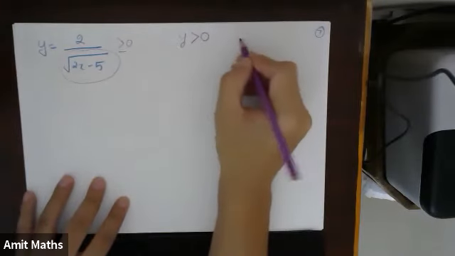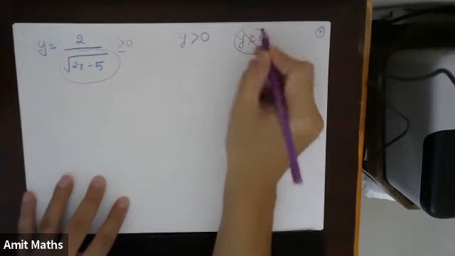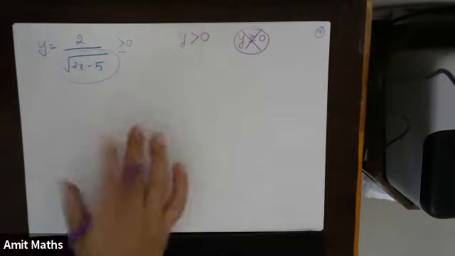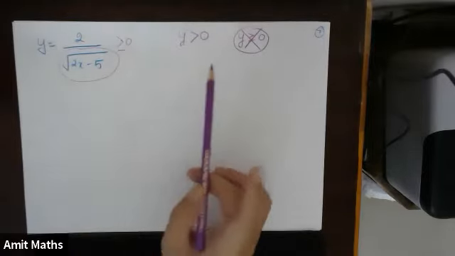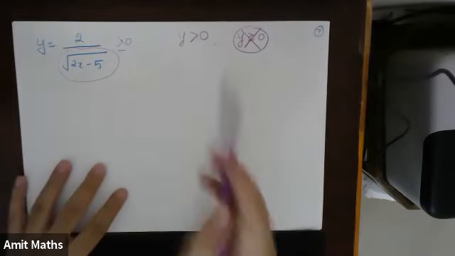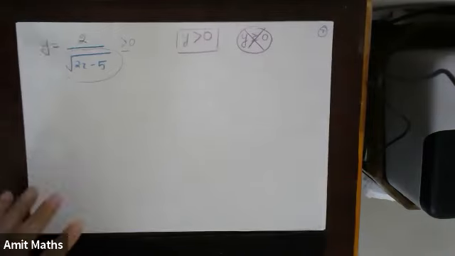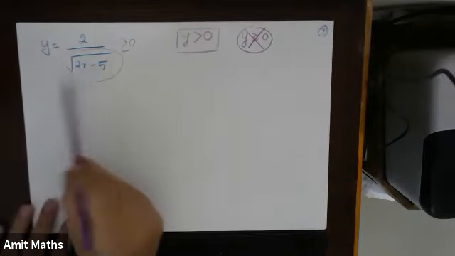Okay, this is different from y is greater than or equal to 0. In this particular question, this will not be the case. Understood? In this particular question, y should be greater than 0. So remember, before squaring, take the condition very carefully. Understood? Now our task becomes a little simpler. Now what happens? I will square both sides.